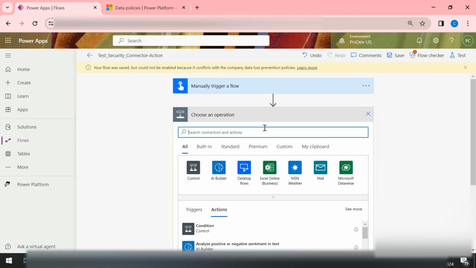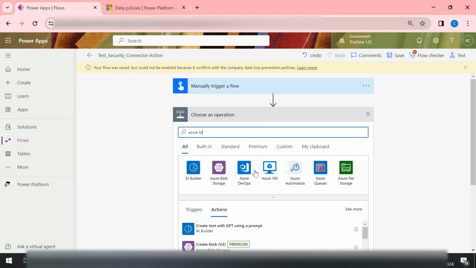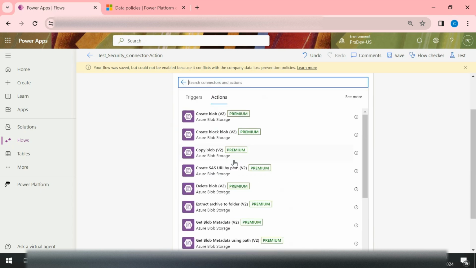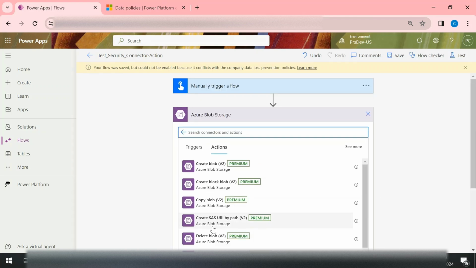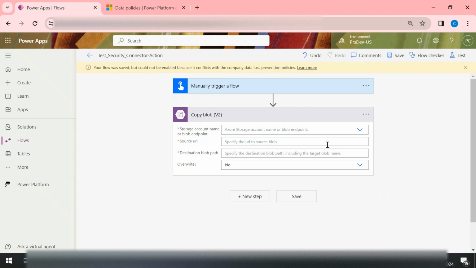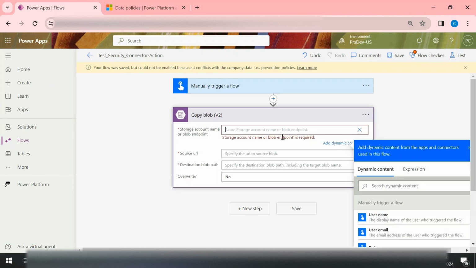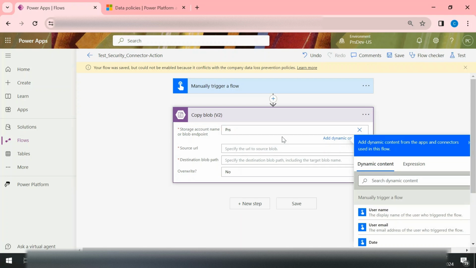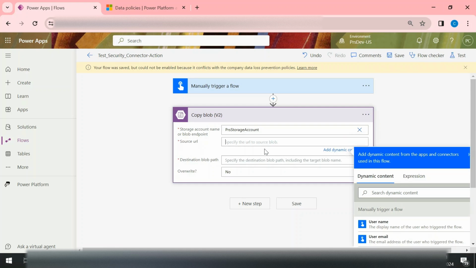let's say instead of this one, I try to use another Azure Blob action, Copy Blob. Okay. Let's say account, I'm just using some PRS storage account. If your connection is totally healthy, you would get the storage account in this dropdown itself. But for now, since I don't have any storage account at my backend, I'm just passing some custom values. But the aim is to show you how we can stop the particular action for any connector